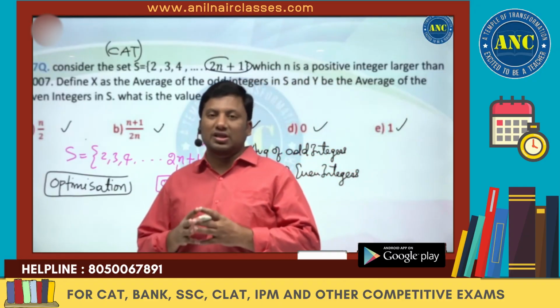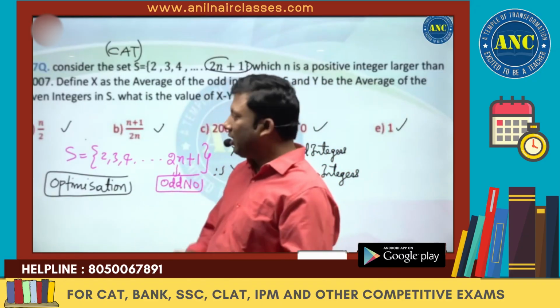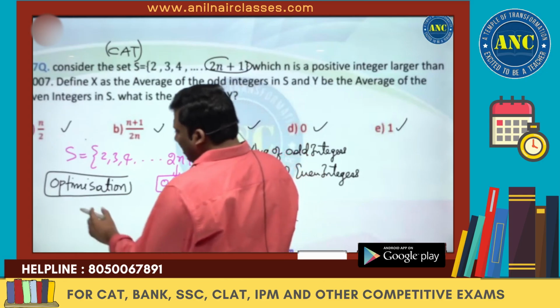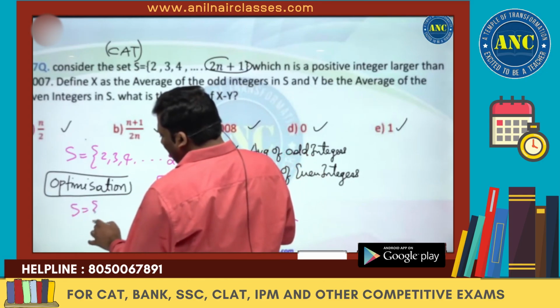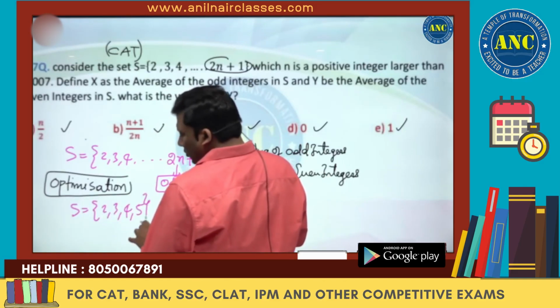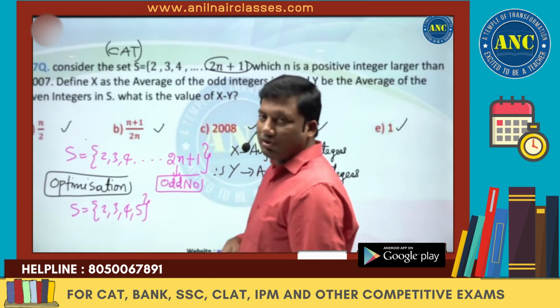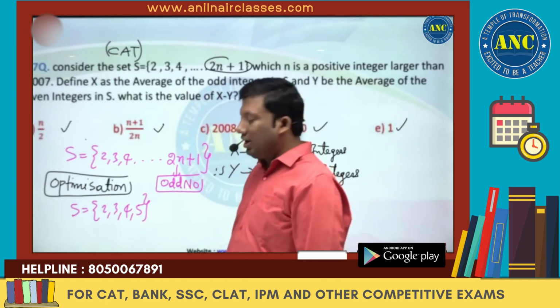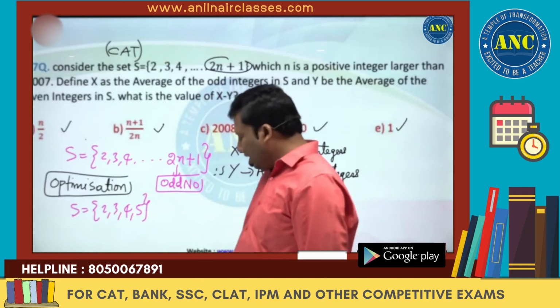Optimization method is a method where we will simplify the problem, but we will not go with the existing problem. It is an odd number. If it is an odd number, take the last value as an odd number. That is the one mistake where students might do it. They might end with 6, but it is an odd number. Odd number means it should end with